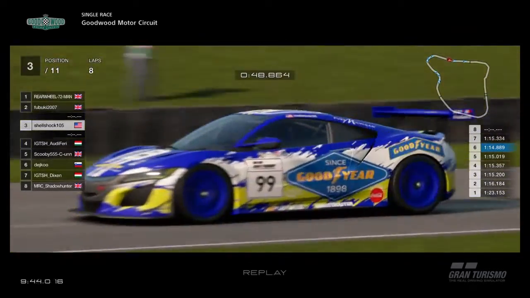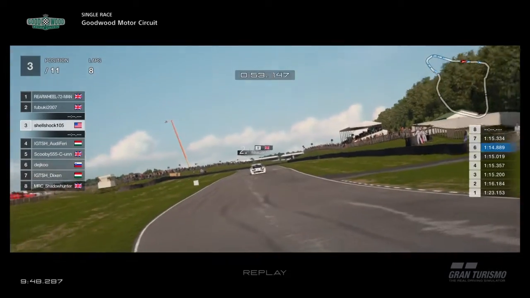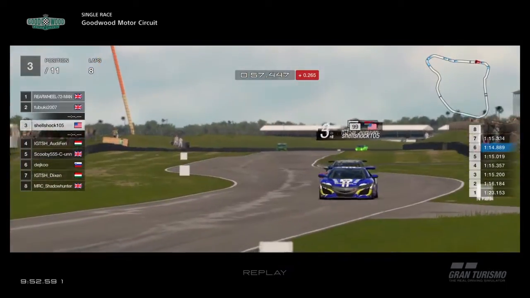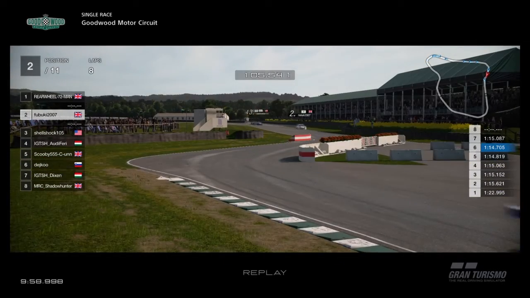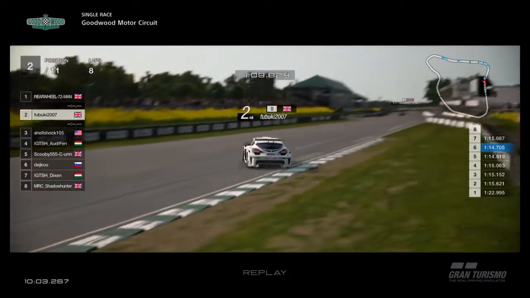See the battle for third still raging on between Shellshock and Audi Ferry. And Fabuki's not actually dropping them that quickly, but they are dropping Scooby in 5th at quite a pace. Fabuki still manages to hold on to the back of rear wheel 72 man as he goes through the final chicane just now. Oh, Fabuki just